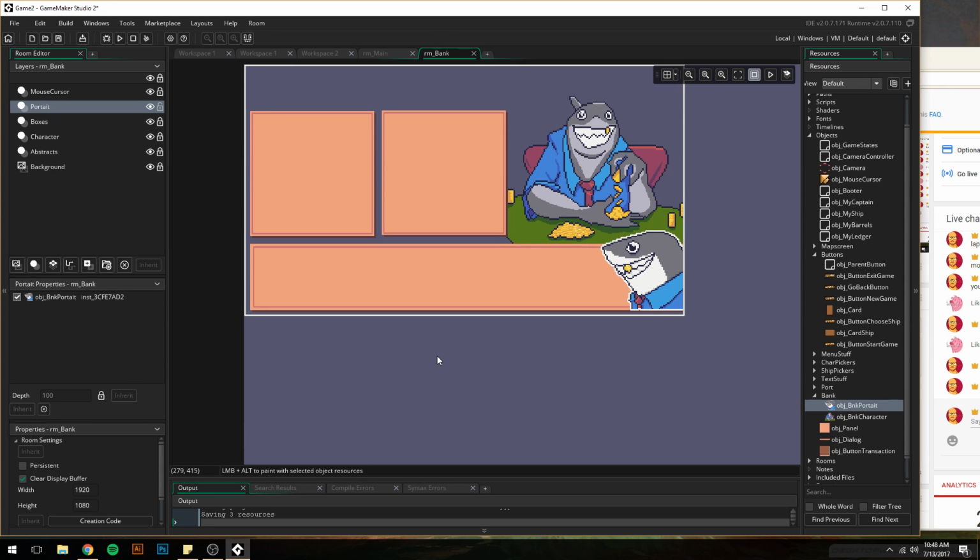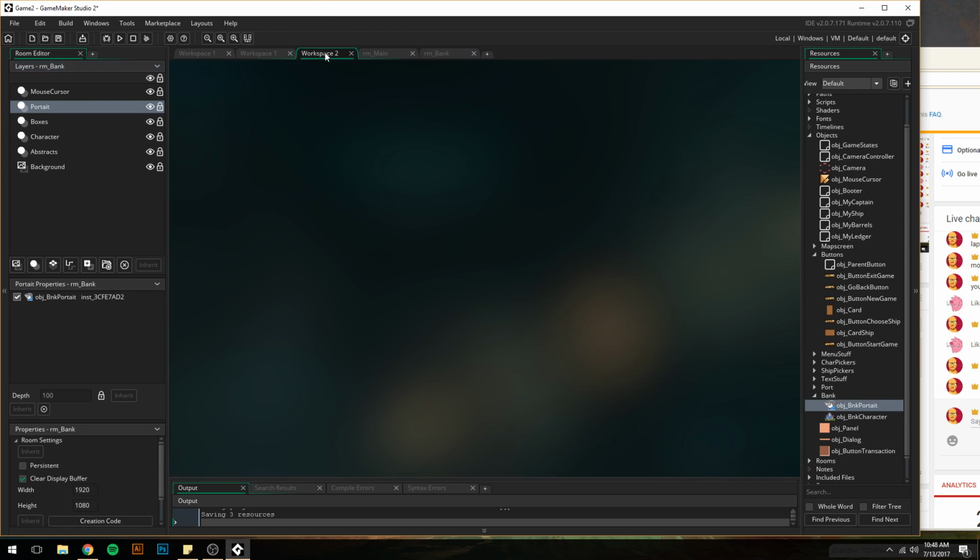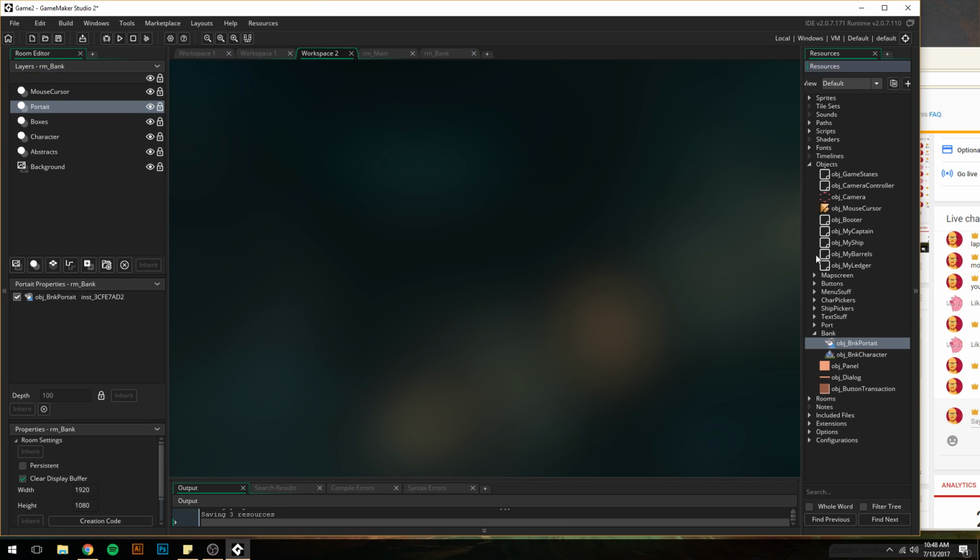Oh man, I could use the path tool. I should probably use the path tool, shouldn't I? Okay, we're gonna use paths. Man, yeah, we're gonna use paths, but before we do that, I need to